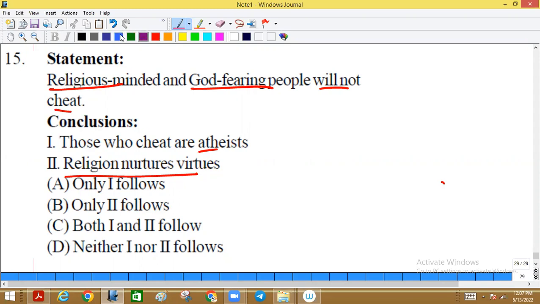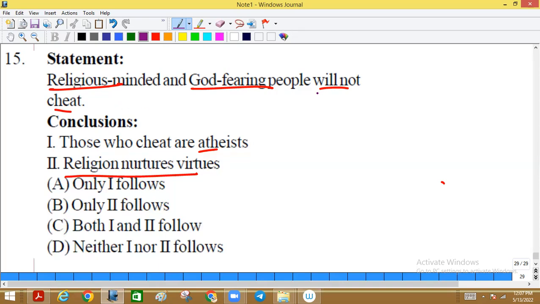Okay, let's see. We'll try to understand this concept. Religious minded and God fearing people will not cheat. So what is the conclusion they're saying? Those who cheat are atheists. Is it correct? Yes or no? What does your mind say? Correct or wrong? Wrong. They didn't mention it. You mentioned atheist, and the word was mentioned there. అక్కడ గాడ్ ఫియరింగ్ అన్నాడు కదా, డైరెక్ట్లీ చెప్తున్నాడు కదా, అది నీకు ఆ వర్డ్ యాస్ ఇస్ మెన్షన్ చేయాల్సిన అవసరం